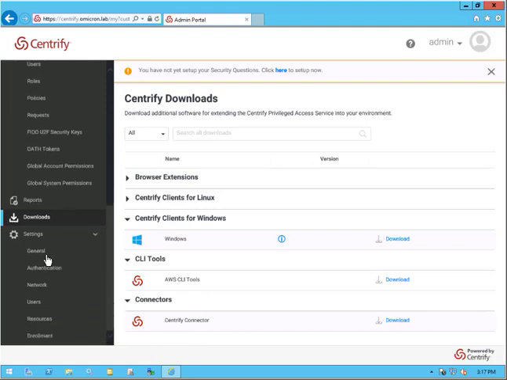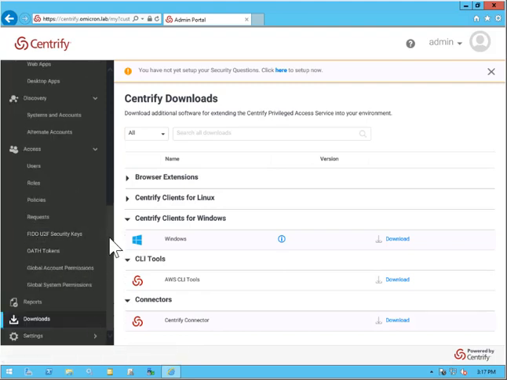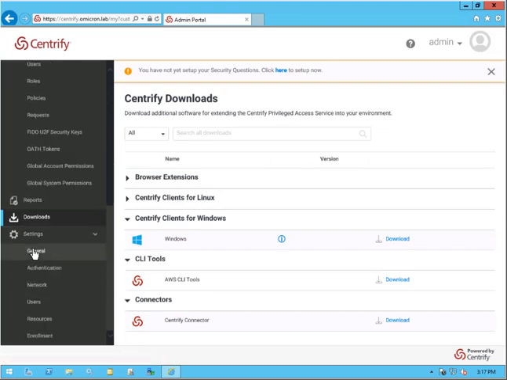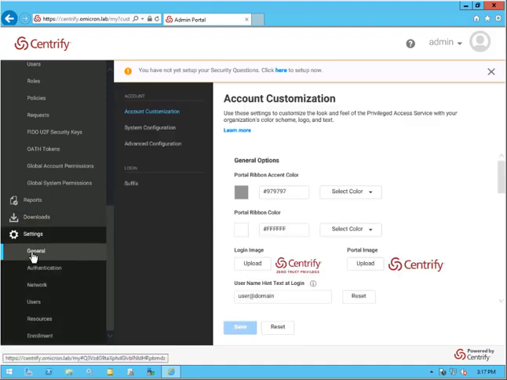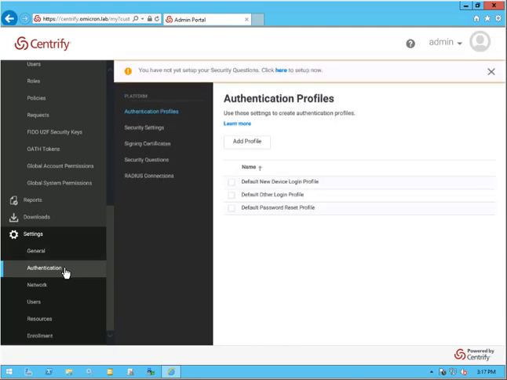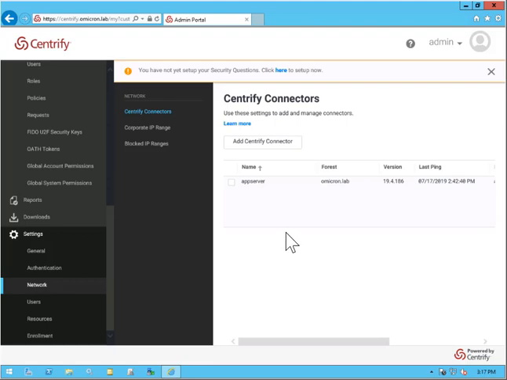Now we've already gotten a chance to see the settings option briefly during the connector installation. This will give us the opportunity to look at it a little further. The general option under settings gives us the ability to set up customization of the portal. Now we're going to actually cover this here in just a moment, but let's cover the rest of the settings options. This will include authentication, which is where we'll set up our multi-factor authentication profiles, network, which we saw earlier during the Centrify connector installation,